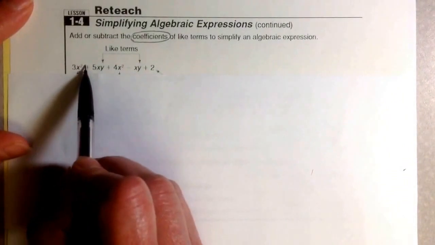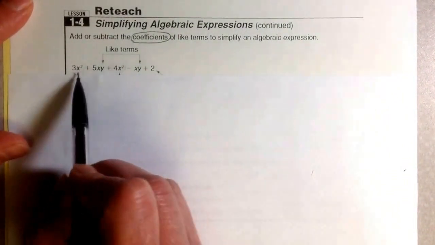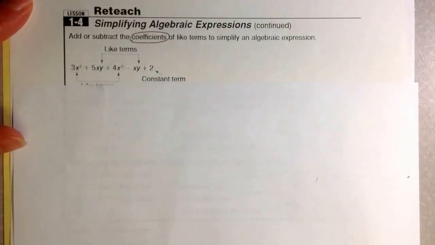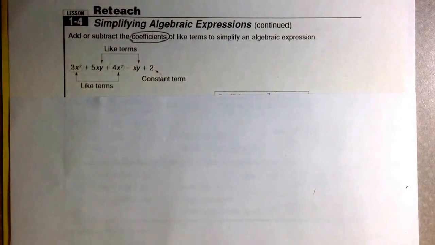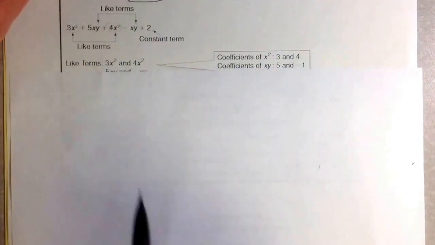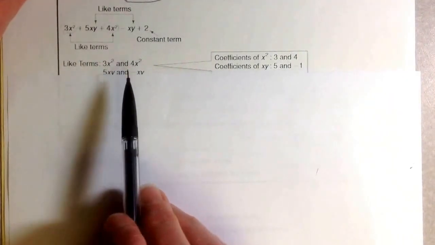Also like terms here, 3x squared, 4x squared. We don't look at the number in front here. We only look at the variable and the exponent. Okay, now this is a constant, and it's pretty easy to know that you're going to add the constants together, add or subtract. Okay, so they're showing us how they are combining like terms here, and they listed the like terms,